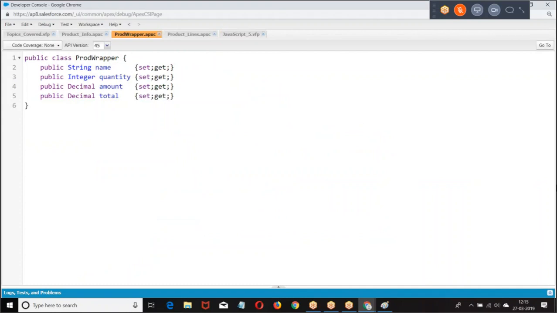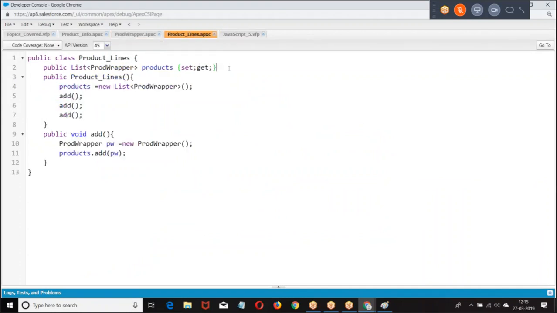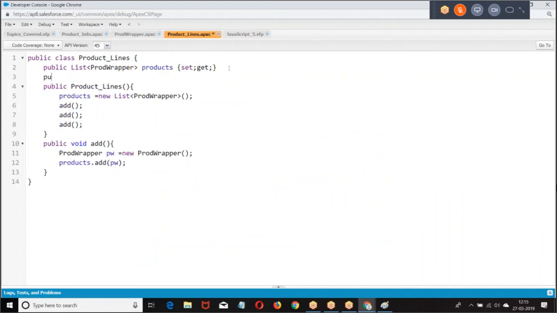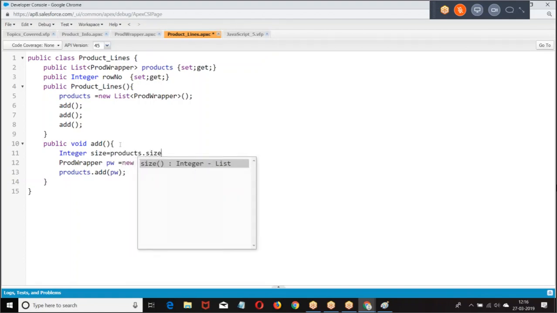First, I'll write the Apex code. Probably you'll understand the code. Public... Then I give here, if first find out the size. How many elements are there?